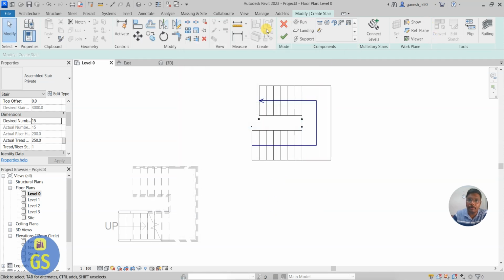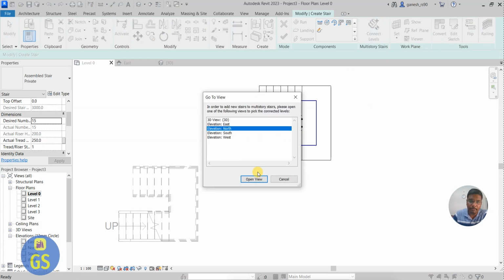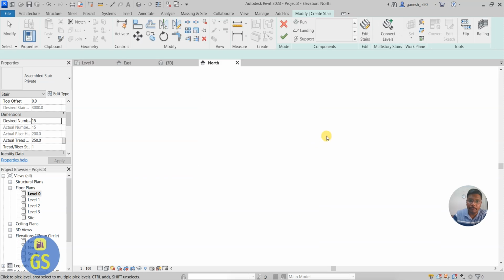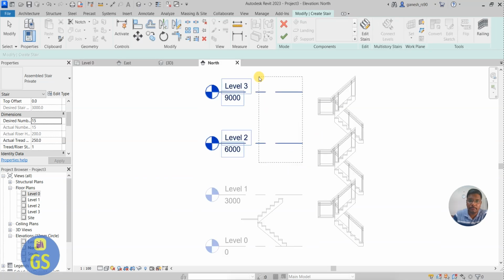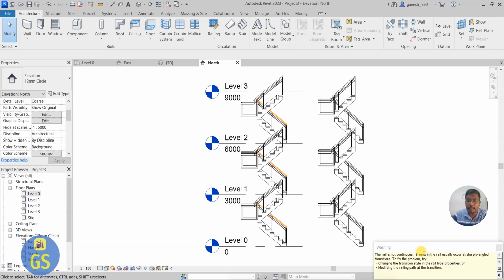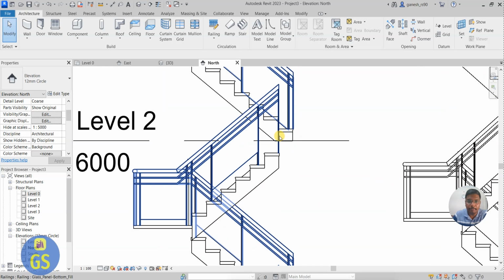Now go and add your railings. You can add your railings, and also you can go for connecting level. So select your levels, click OK. Now the rail is not continuous, so sharp angles are there, so it automatically adjusts the railing portions. Okay, right. Now if you go and see here,